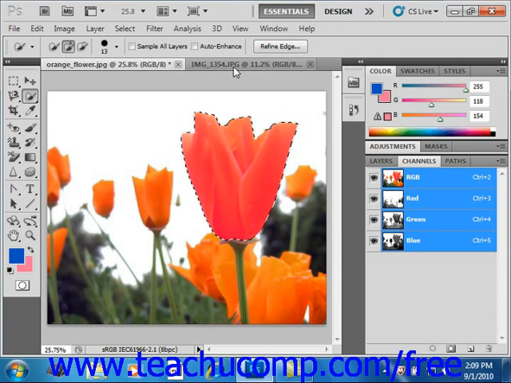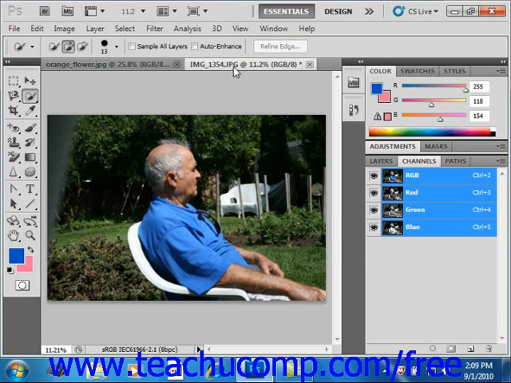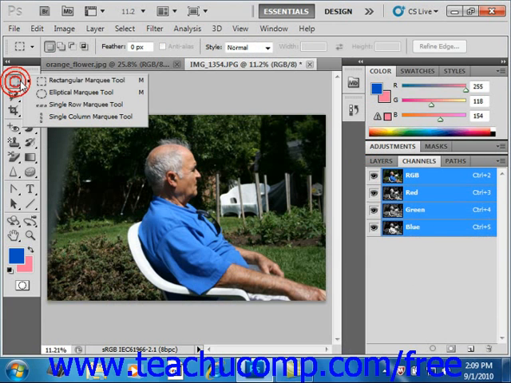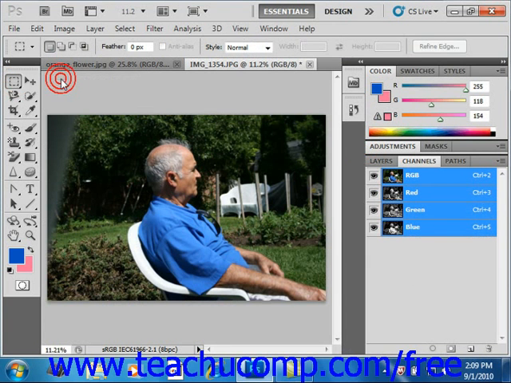Let's look at a different image here. Let's say in this image that we want to replace some of this area in the upper left-hand corner where the camera picked up something we didn't really want. In this case, we'll go ahead and we'll select a different selection tool. We'll use the rectangular marquee tool, and we will make our selection,